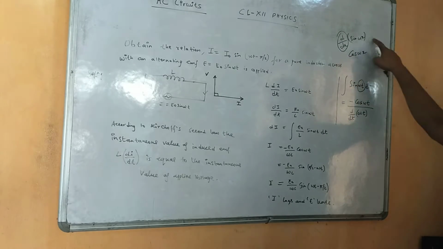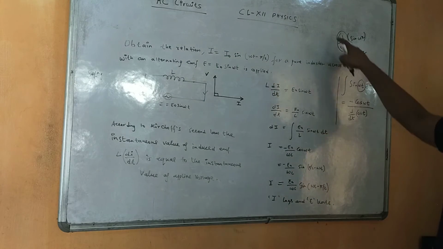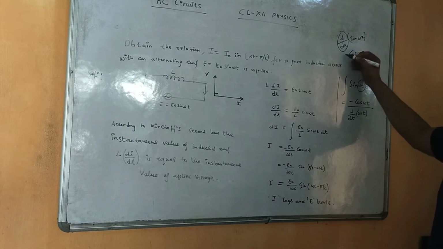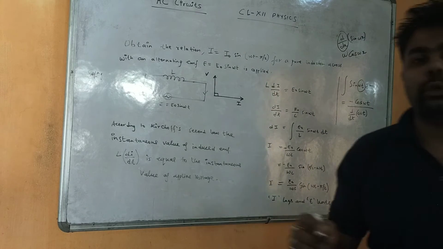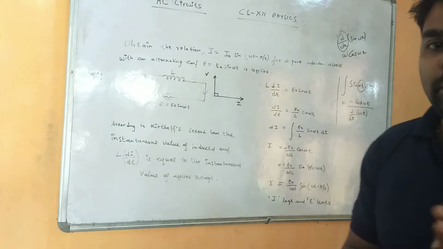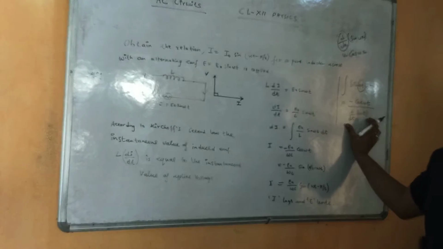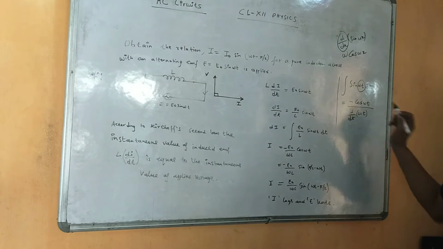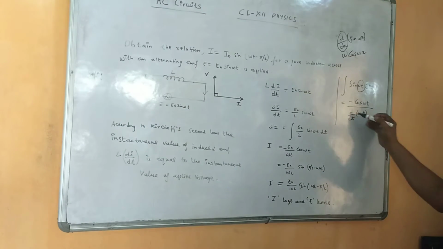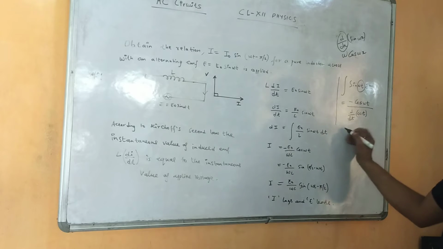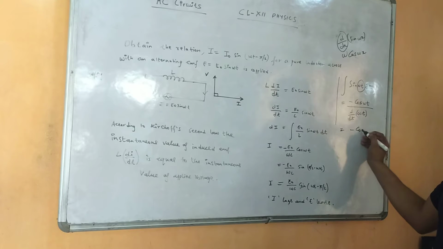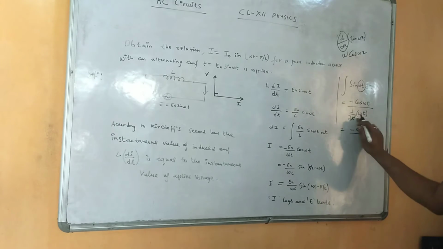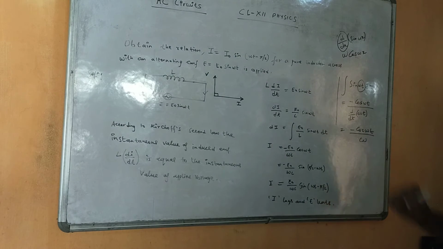So d/dx of sine omega x, what can be written here? d/dx of sine omega x is cos omega x, and d/dx of omega x is omega. Omega we used to write in front in case of differentiation, but in integration we will be writing it in the denominator, right? So integration of sine omega t is minus cos omega t, and d/dt of omega t in the denominator. Now you see what we will get here? Cos omega t in the numerator, and d/dt of t is 1 into omega, so omega will be coming in the denominator.